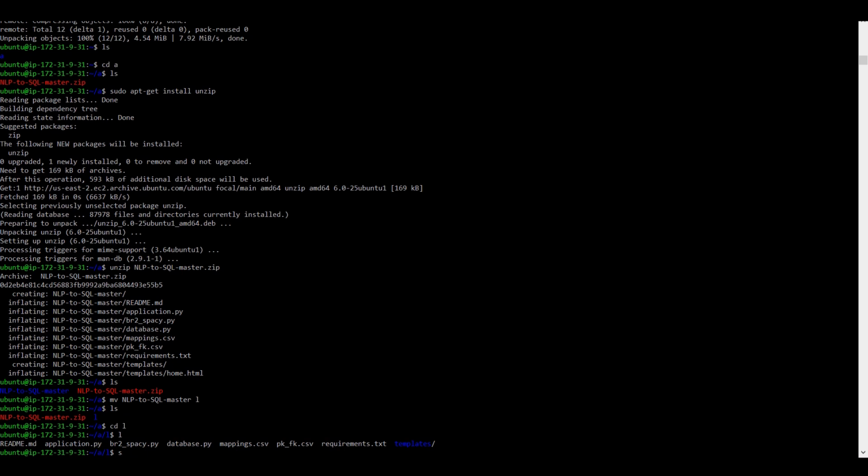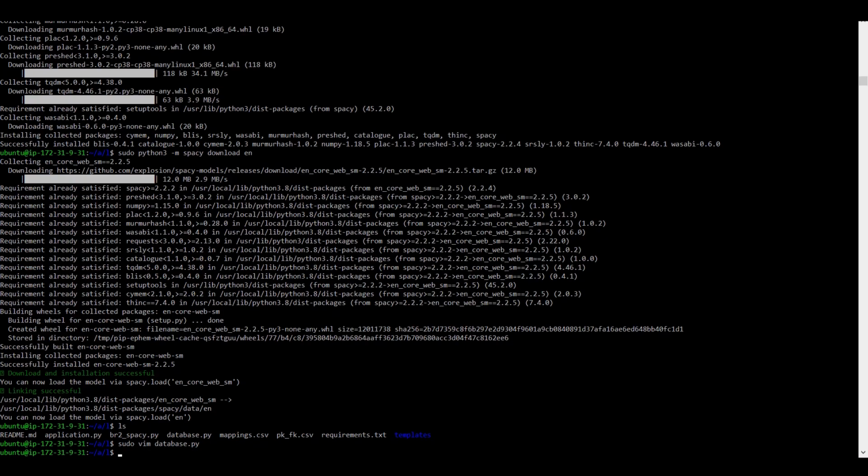Okay, so now I'm gonna install the requirements of my program, and after installing, I'm gonna show you where you have to make changes in the database file. Okay guys, so my requirements are installed. As you can see, I have a database.py file in my program.